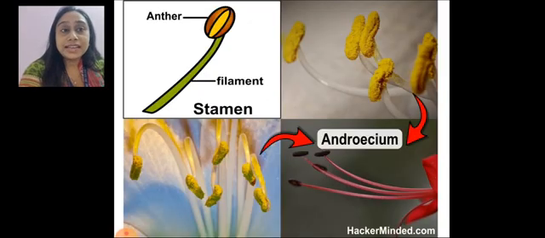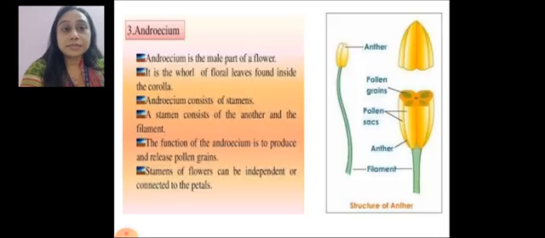In this slide, it is very much visible that a stamen, which is the male reproductive organ, consists of a filament and an anther. A collection of stamens forms the reproductive whorl, or the male reproductive whorl, called androecium. So the androecium is the male part of the flower. The androecium consists of stamens. A stamen consists of anther